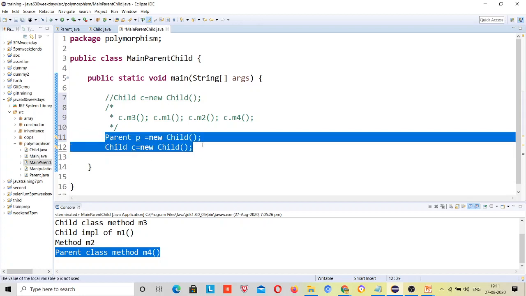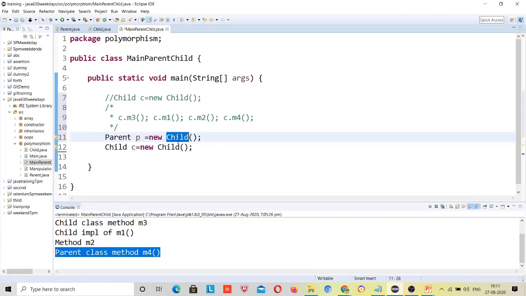This means you are providing an object of the child class and searching those methods inside the parent class. If those methods are not present in the parent class, you will not be able to call them, right? If they are present inside the parent class, first it will find that method in the parent class.